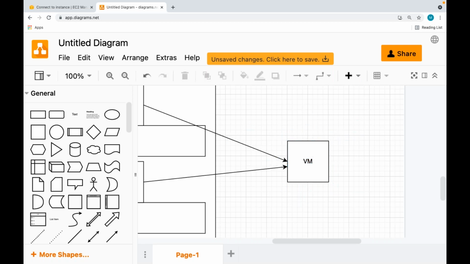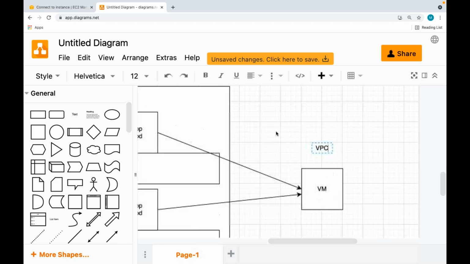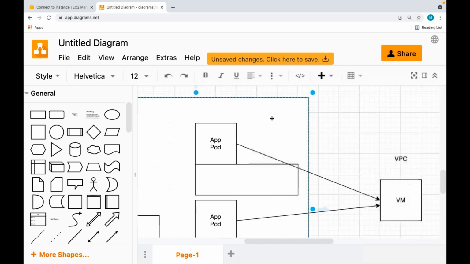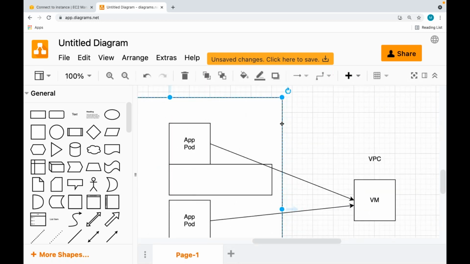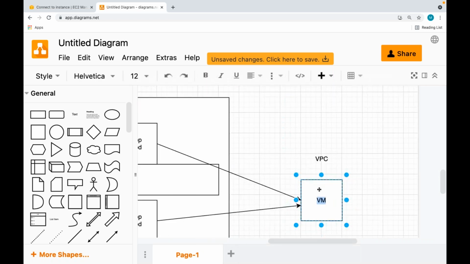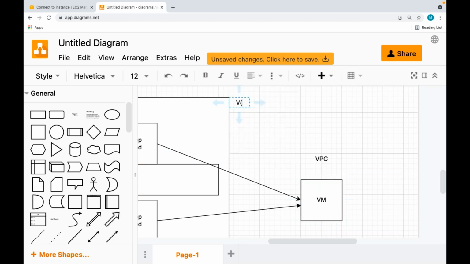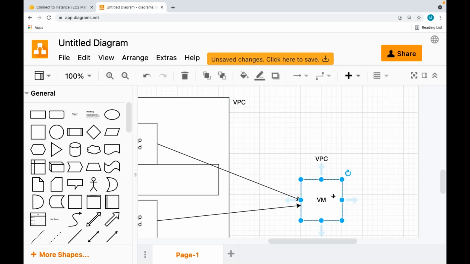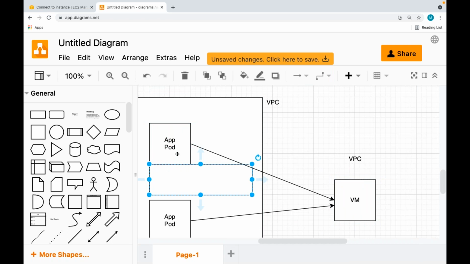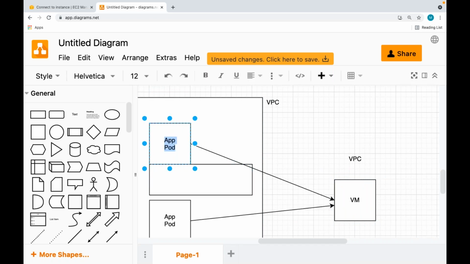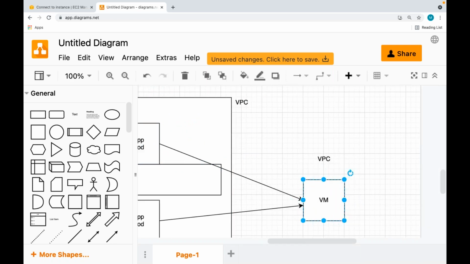Suppose this database server is in a different VPC. Your Kubernetes servers are in a different VPC. Will they be able to communicate if the database is a private server? If the database doesn't have a public IP, the database server is running on a private IP. If your Kubernetes cluster is running in a different VPC, and your database server is in a different VPC, will your application, which is running in this Kubernetes node, be able to talk to this database server if they are in two different VPCs?